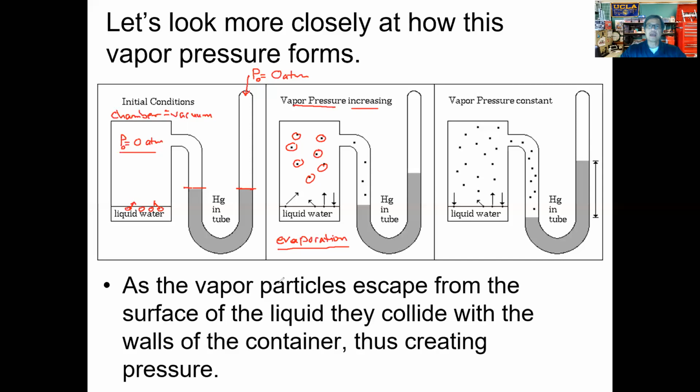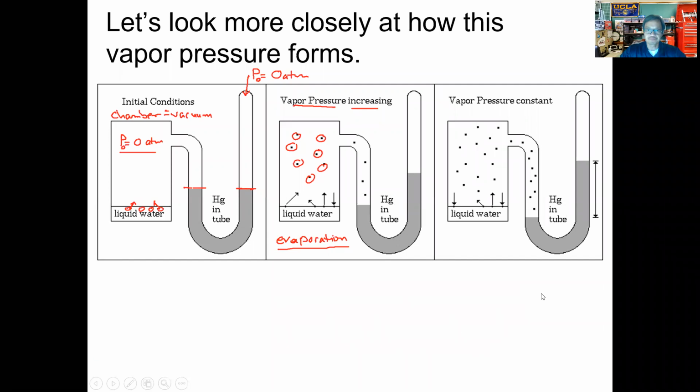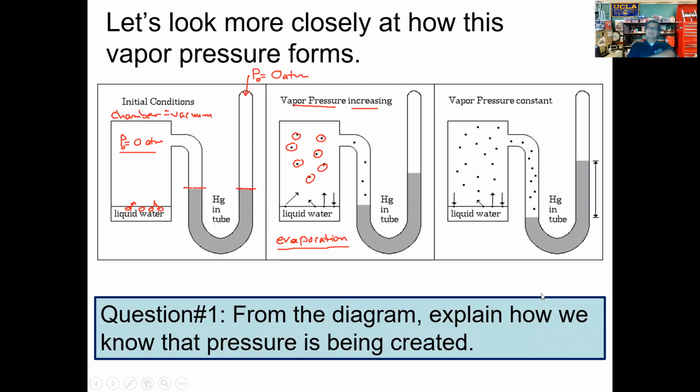And so let me ask you this. Simple question, but I want you to take another moment to answer this question. Using the diagram in your explanation, how do we know that there's pressure? What is it that we observe? We can't see the gas particles come out. We don't see the process of evaporation, but we do notice a change in the pressure. Tell me how you know, and use the diagram here to support your answer. Take about a minute to write out your answer, and then we'll go over it.